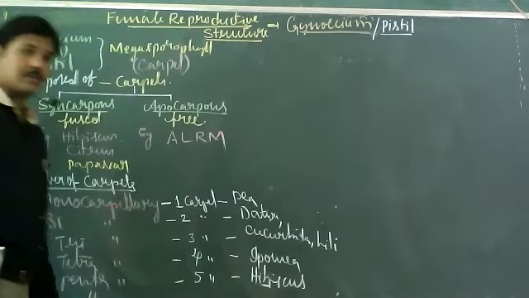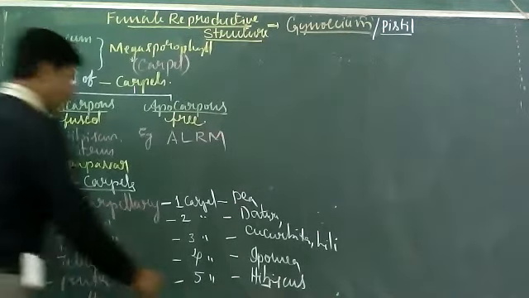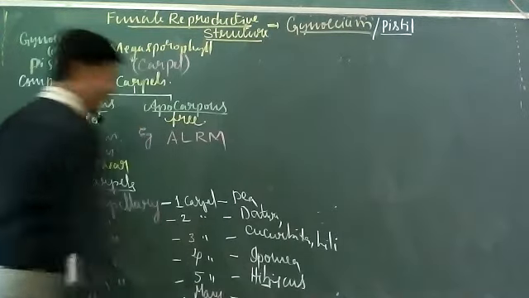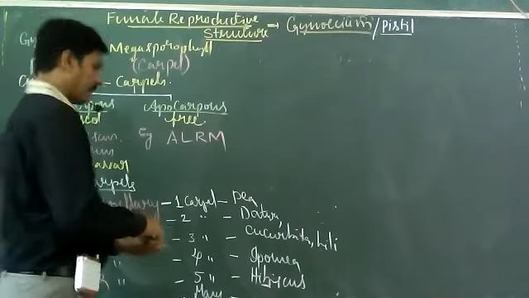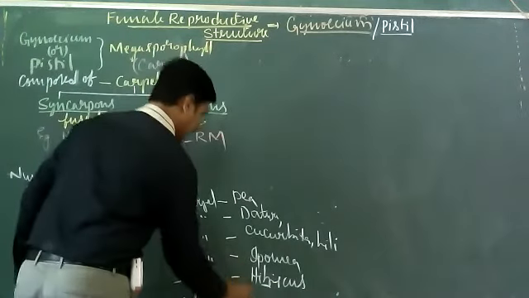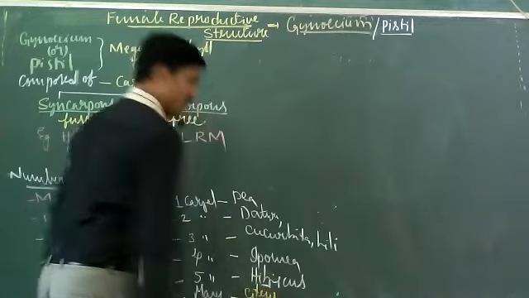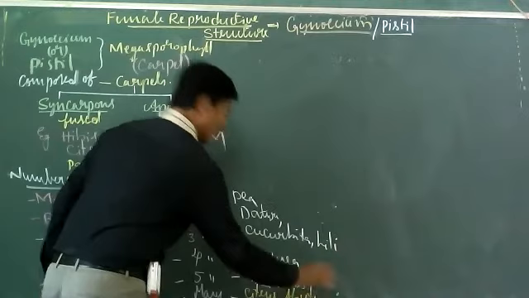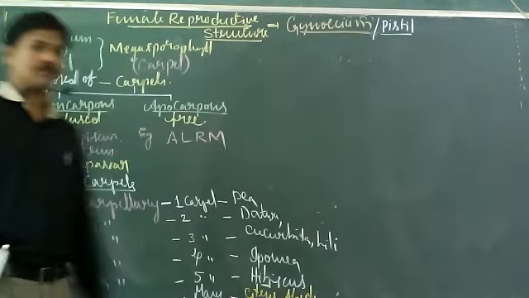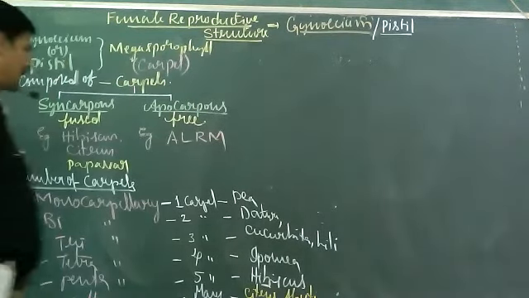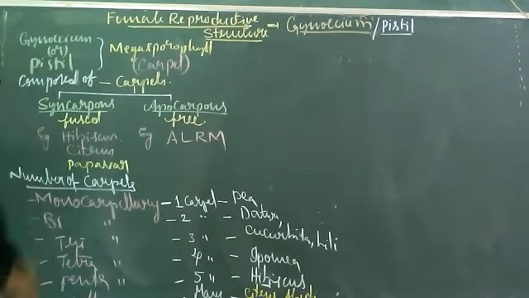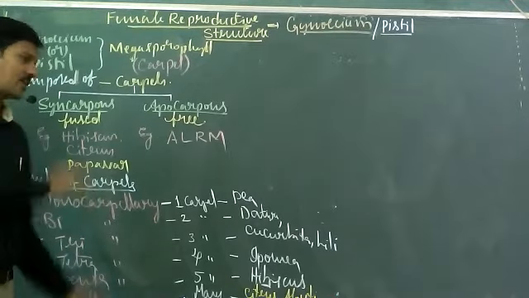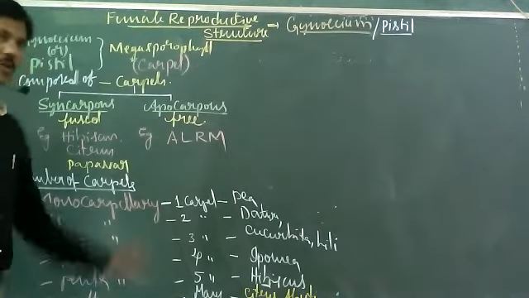The last and final, multicarpellary. Many carpels are there. And examples, citrus and abutilon. Many carpels are there. So based on the carpels. And here, number of locules also there, not given in the NCERT as well as our state textbook. It is also not given much.